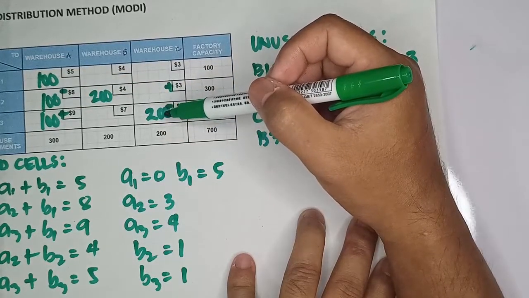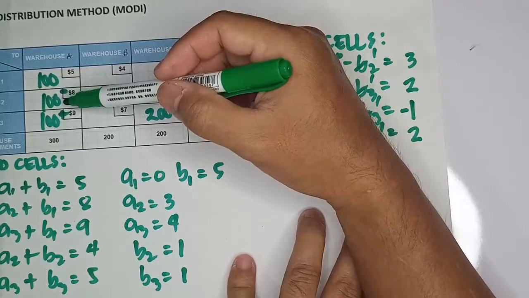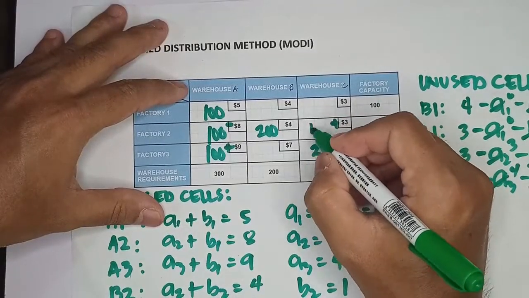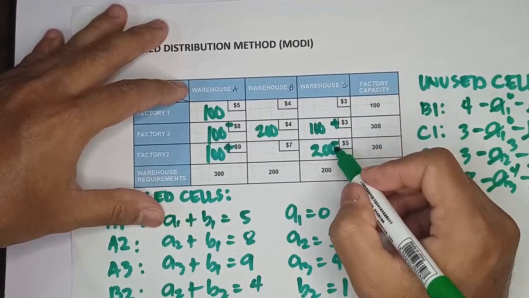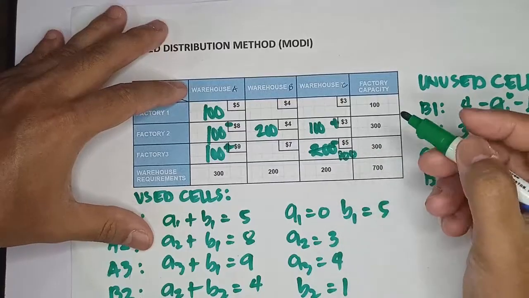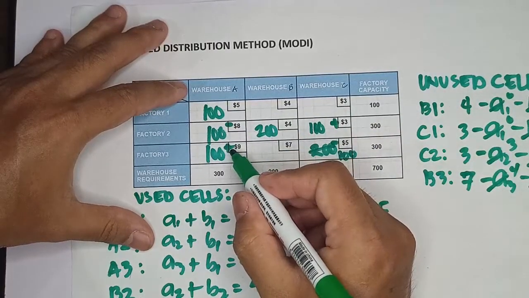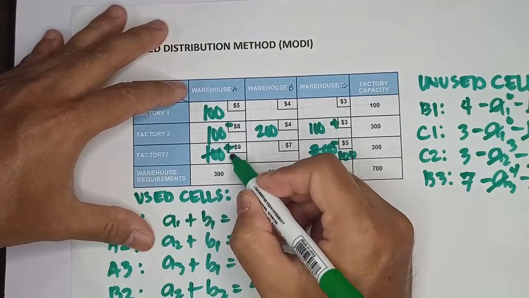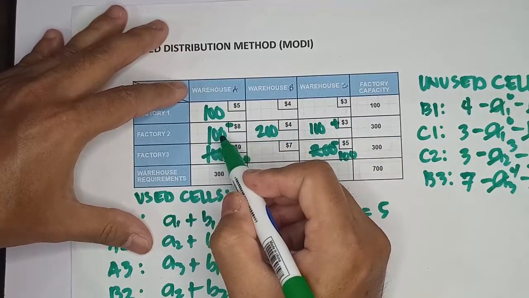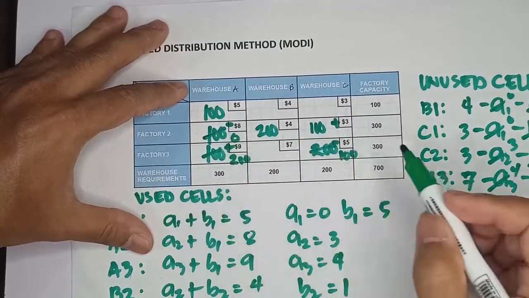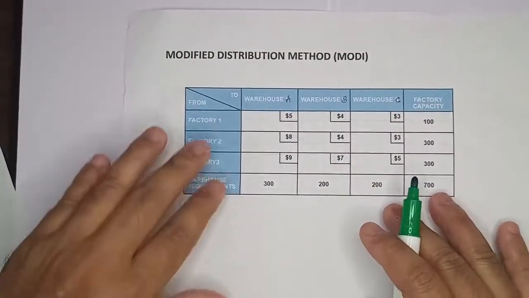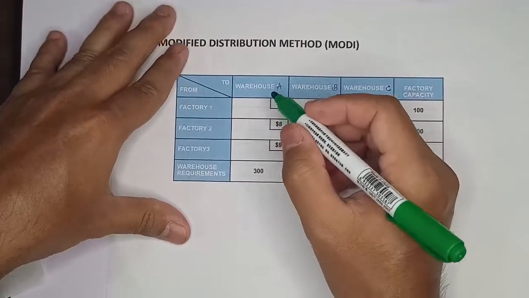The value to be redistributed is the quantity 100. So this is a taker, so we add 100 units. This is a giver, minus 100, this will become 100 units. This is a taker, plus 100 equal to 200. This is a giver, minus 100 will become 0. So our third transportation tableau is